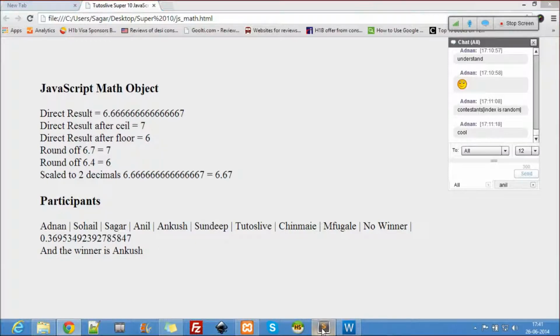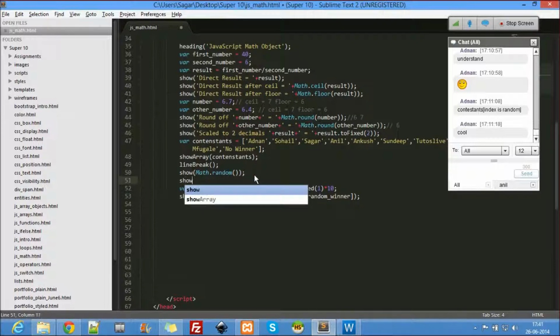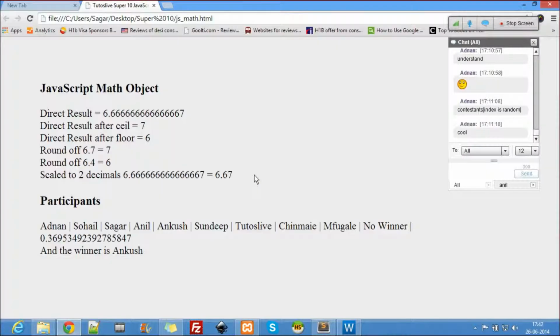Okay, let me just print this also. Math.random. So this is the name, it's the same number.